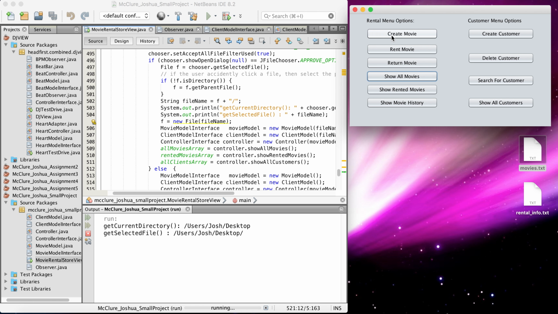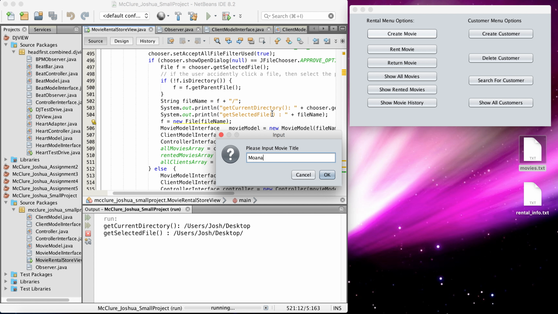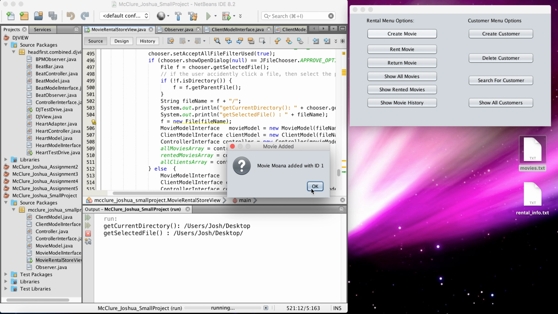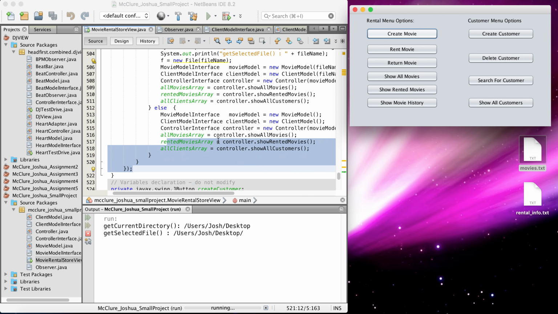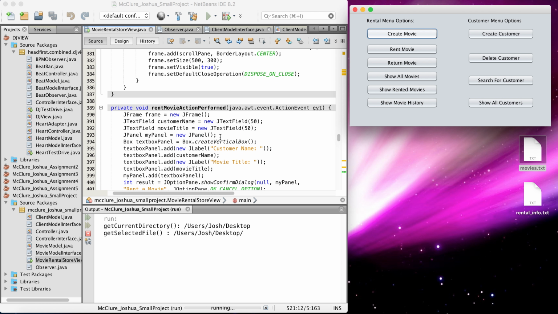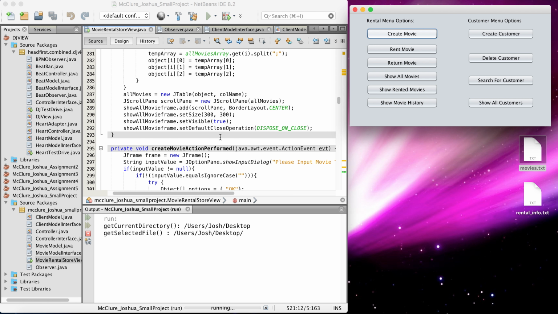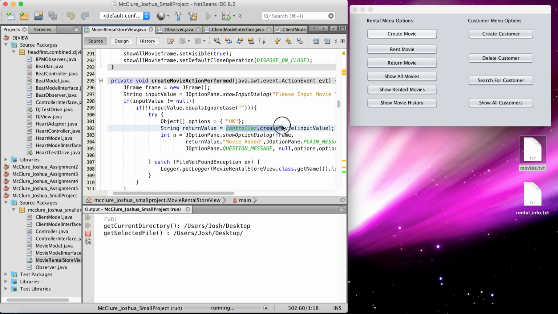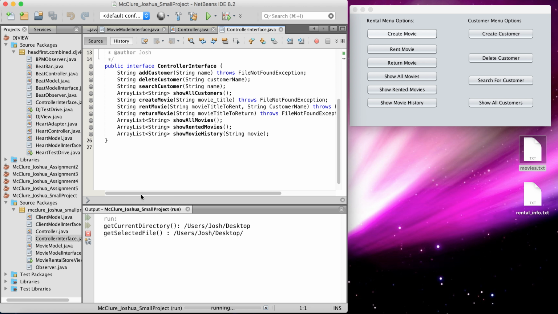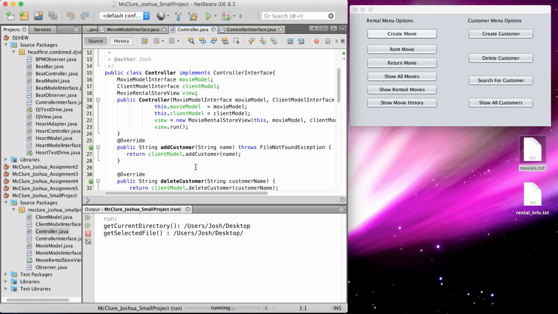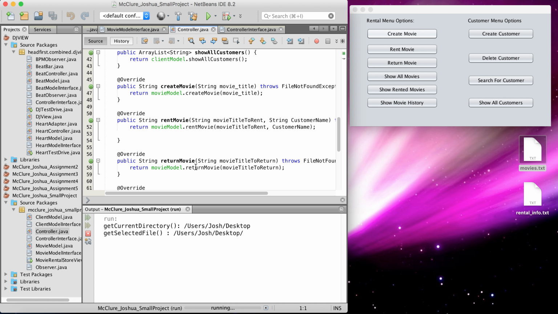So let's add a movie. We'll add Moana. So this is called through a swing interface, which routes the create movie to the controller, and then the controller routes it to, so you'll see controller to create movie, the controller interface will have the create movie class. You can come to the controller for create movie. It's going to send it to the movie model. And then in the movie model,